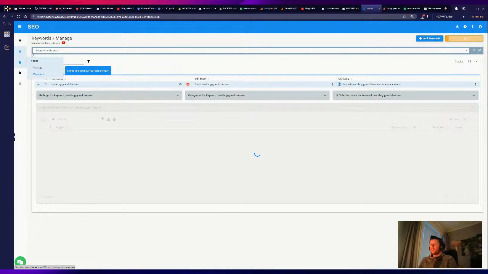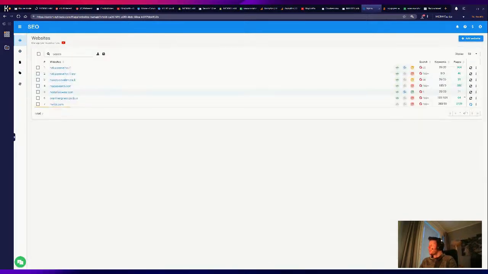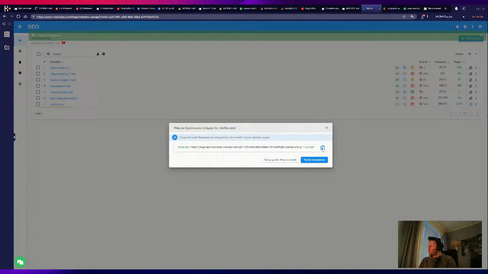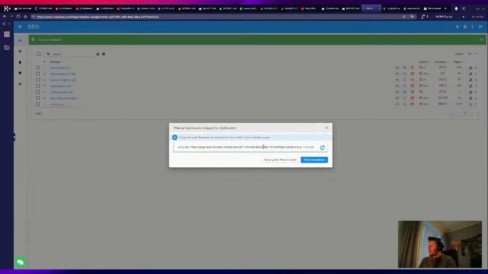So after the initial crawling is done, it takes a little while because the site is so big. It's at 8% now, but after the initial analysis is done, we can start optimizing our meta titles automatically, and it's gonna use those rules that we defined. But before that, we're gonna have to add this JS tag to our Shopify store. So for that, I'm gonna go to